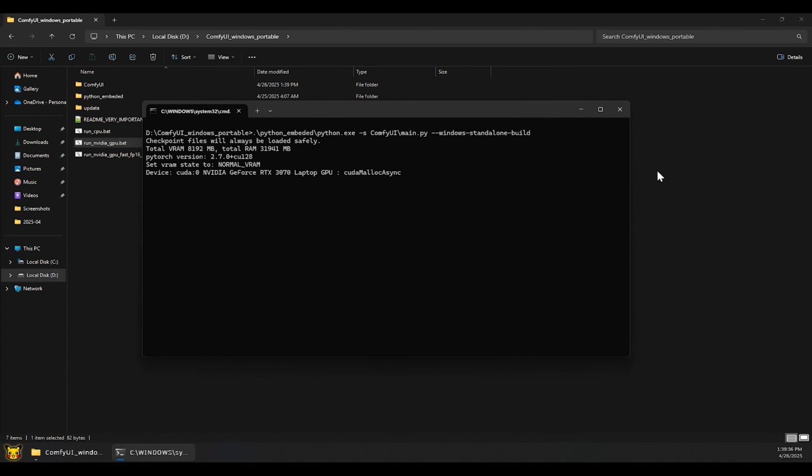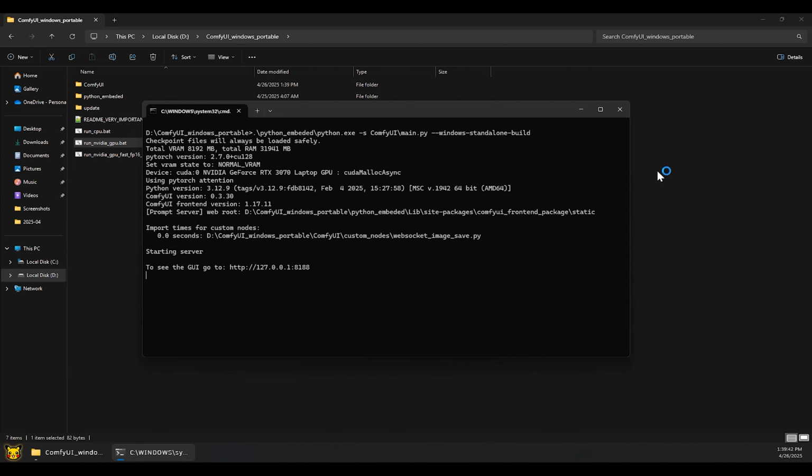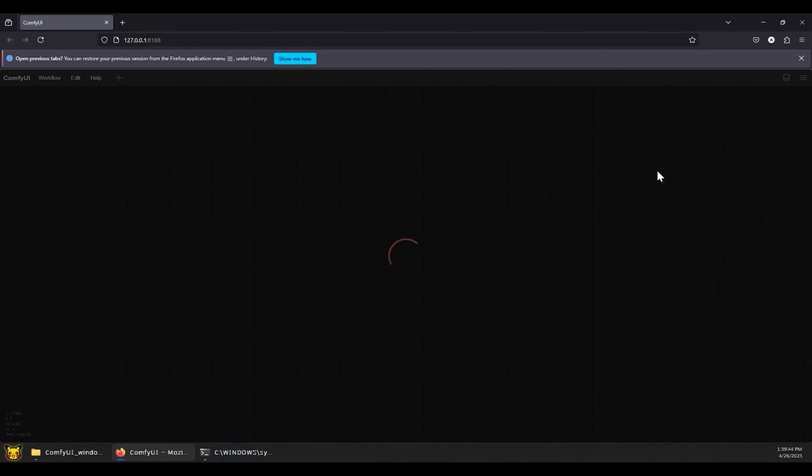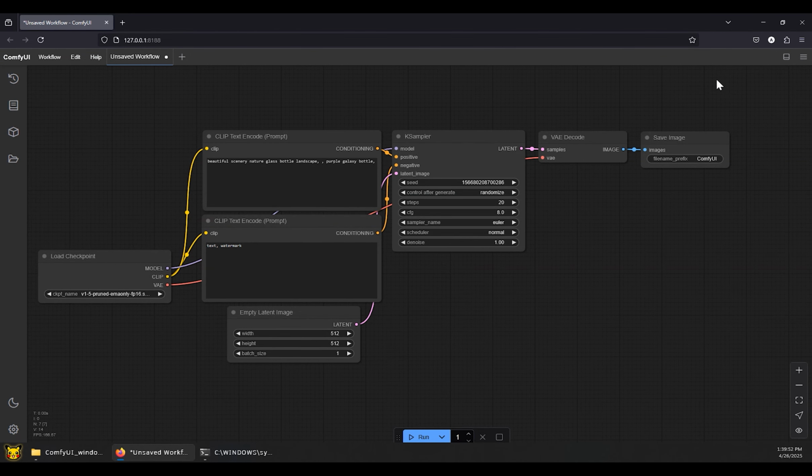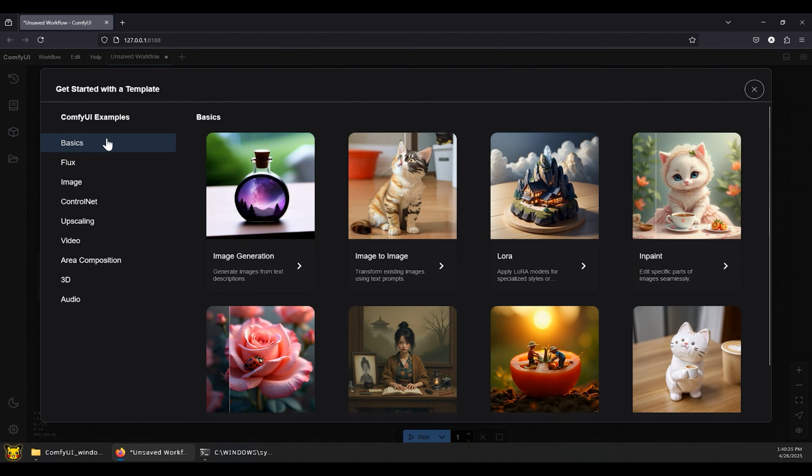A command window will pop up. Don't panic. Don't mash your keyboard. Just sit there. Let it work. It's assembling greatness. Once it's done initializing, boom, ComfyUI will explode open in your default browser like a gift you actually want. And inside, you're instantly armed with workflows for basic image generation, Flux,